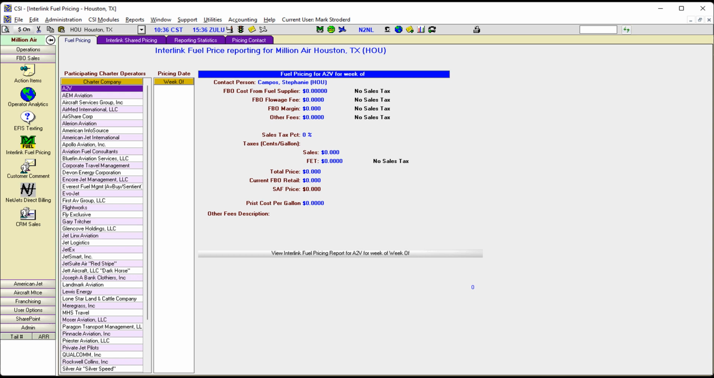The opening tab, the default tab for this module, says fuel pricing. So yes, this is the tab that we're going to stay on to enter a fuel price for an operator. The first list to the left, the header with the gold background, says charter company. The companies in that list are companies that are located in our sales operator analytics module, which we have not